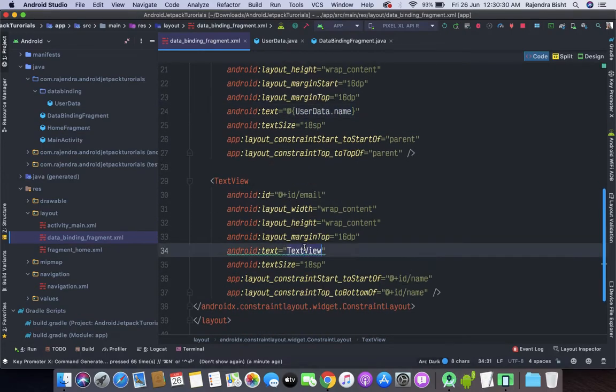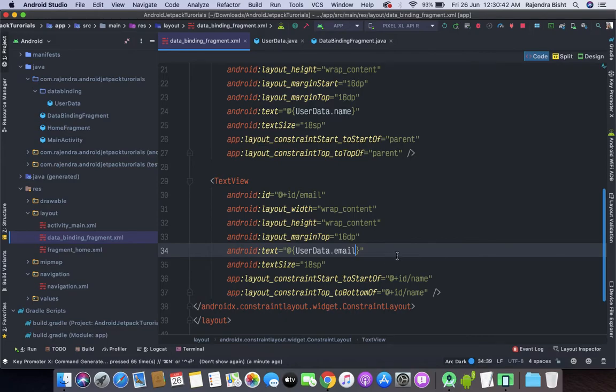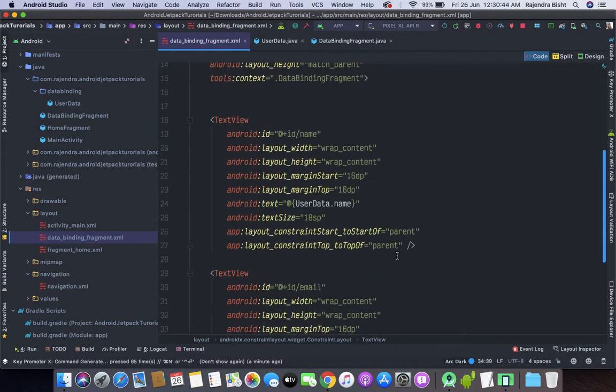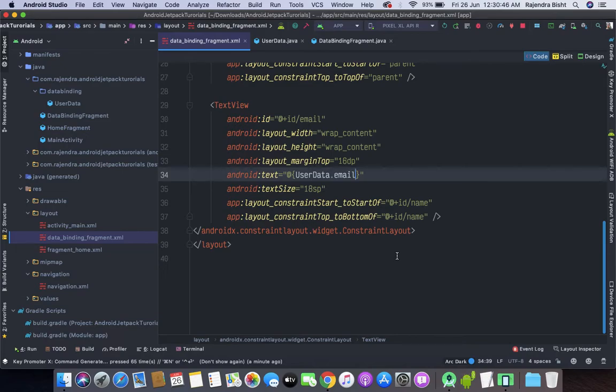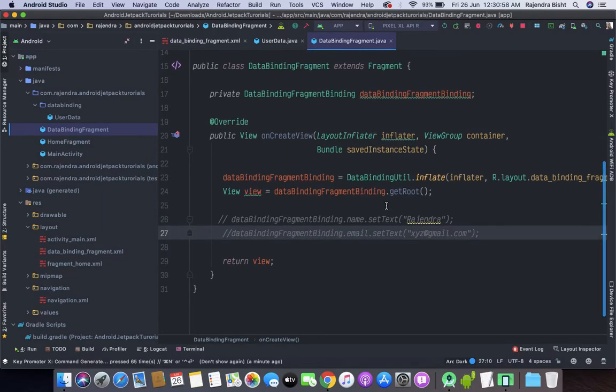Similarly, here we'll put the curly braces, userData dot email. So our layout class is ready. Now let's go to the fragment.